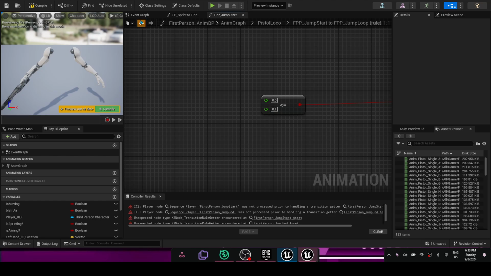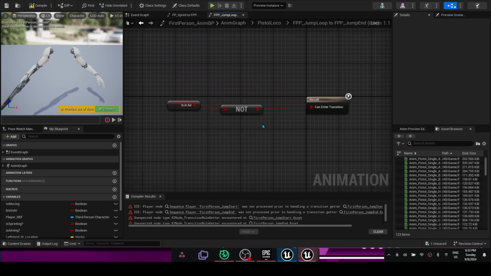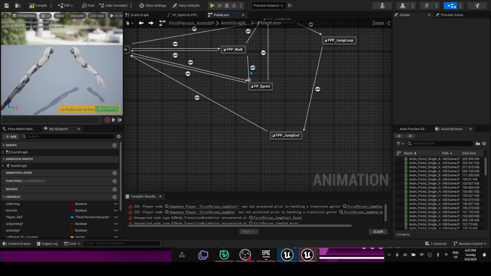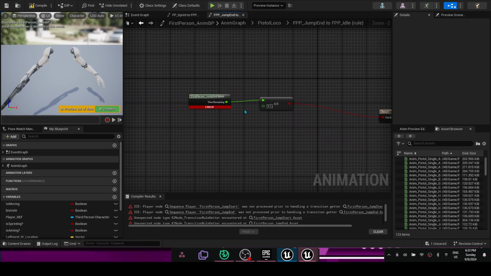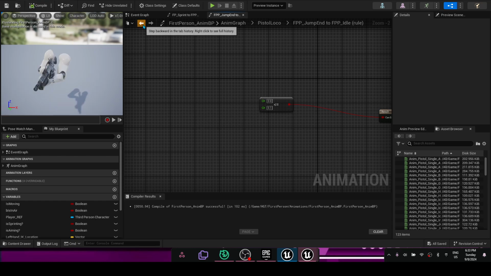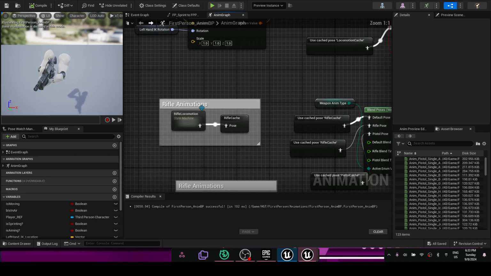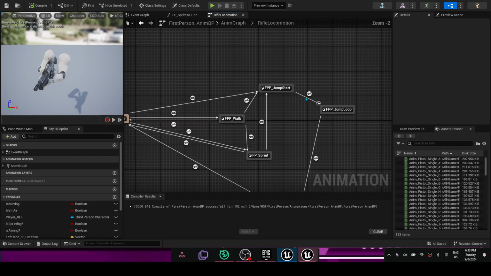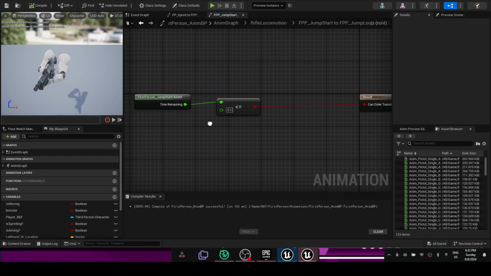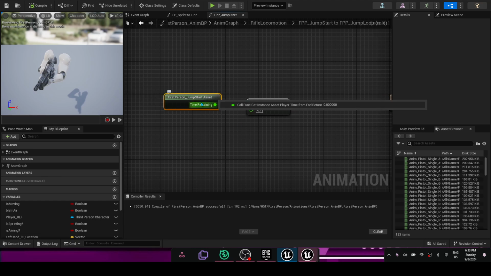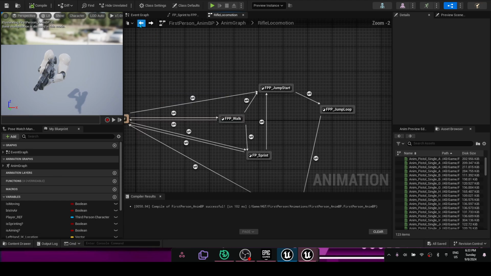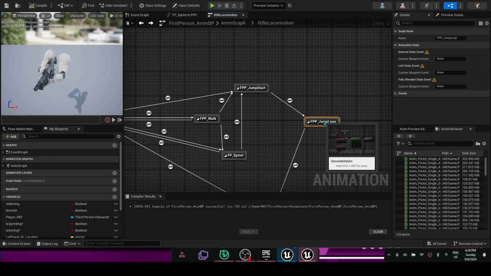Sometimes it doesn't work, so it takes a couple tries. Also, this one's going to be an issue here as well. And I'll show you what it's looking for. I'm just going to compile this again. But what it's looking for is, if I go back to the rifle animations, looking for this right here and get the remaining time for the animation. And I have updated